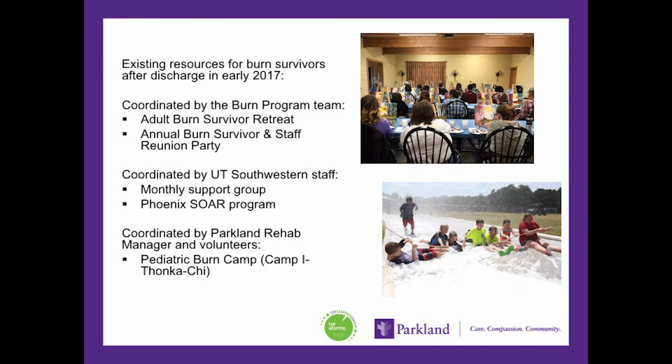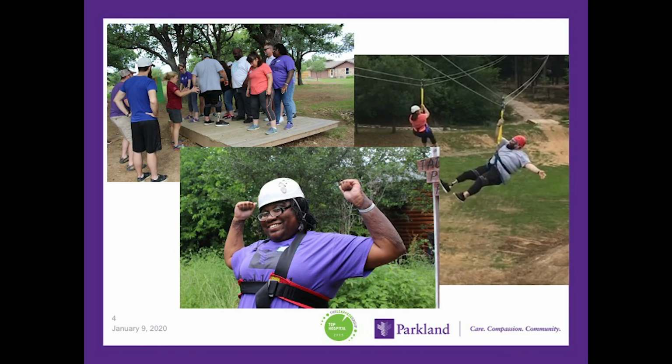And then we had our pediatric burn camp, which has been going since 1992, so many years of very successful pediatric burn camp, that's still coordinated by the founder of that camp, our Parkland outpatient rehabilitation manager. So you can see we had a lot in place. Everything was just kind of siloed. We weren't all collaborating. Around that time, I had recently spent the whole week at our pediatric burn camp the